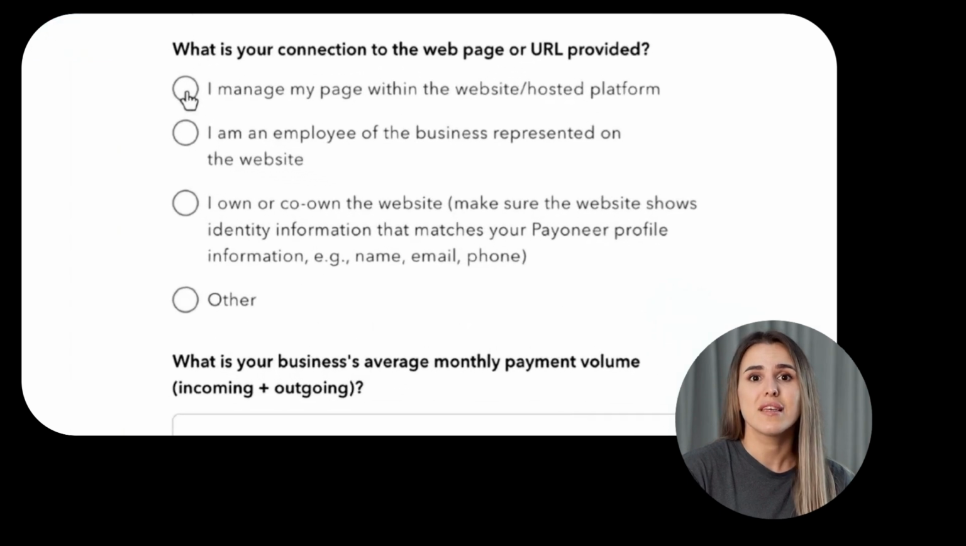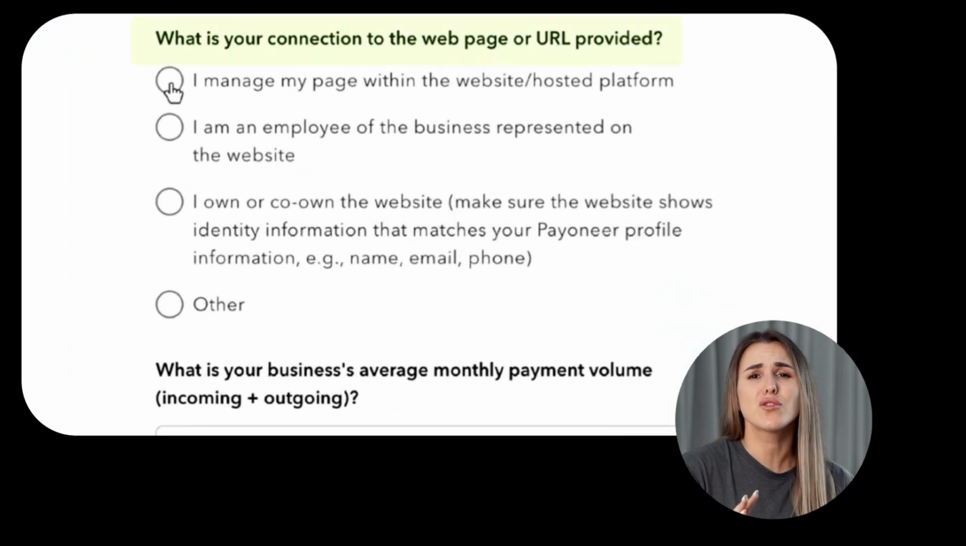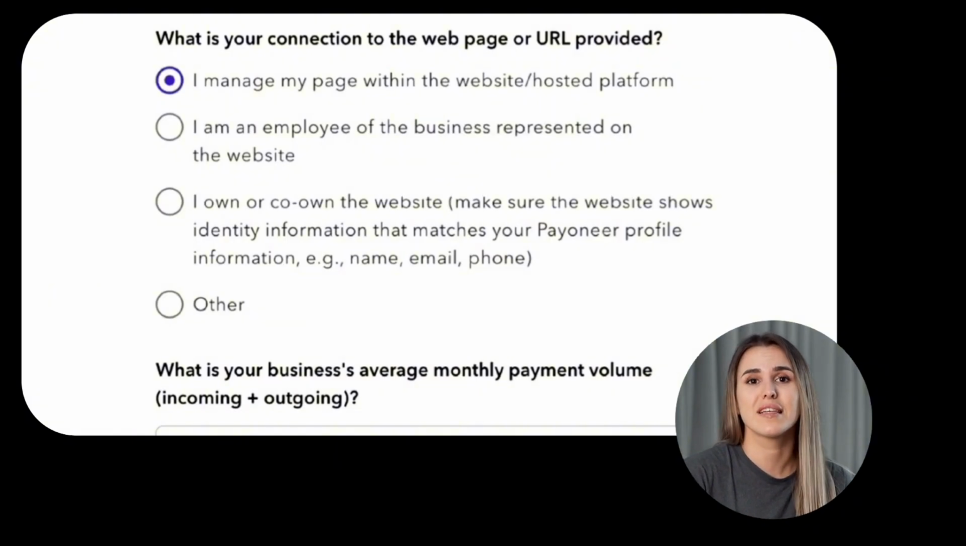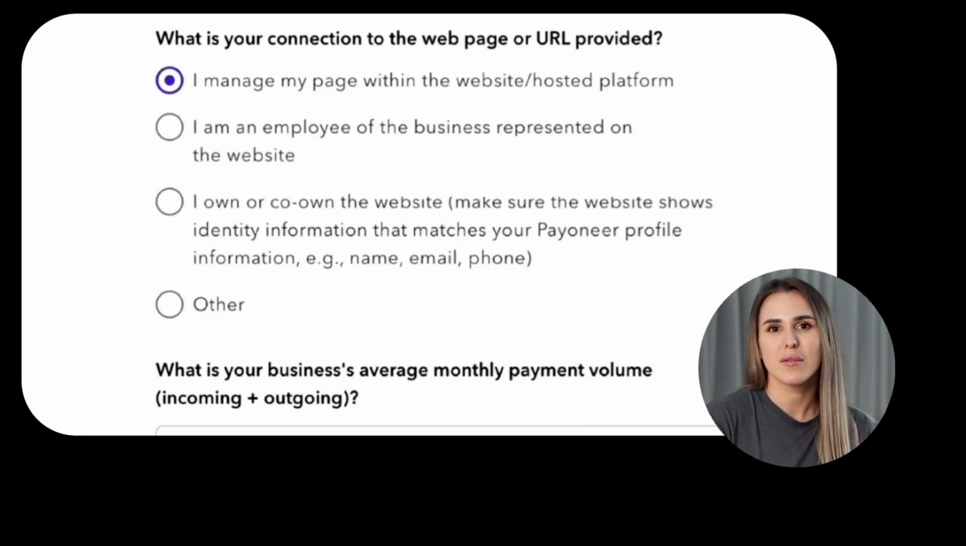And after that you have to select what your connection is to the web page or URL you have provided. Here I'm going to select I manage my page within the website/hosted platform, as this is my own YouTube channel. You have to do the same if you are providing your YouTube channel URL, website URLs, social media page URLs, online store URLs, or whatever URLs. If you own them, then you have to select the first option. And if you don't own them, then you have all these options as well. Now once you have selected that,